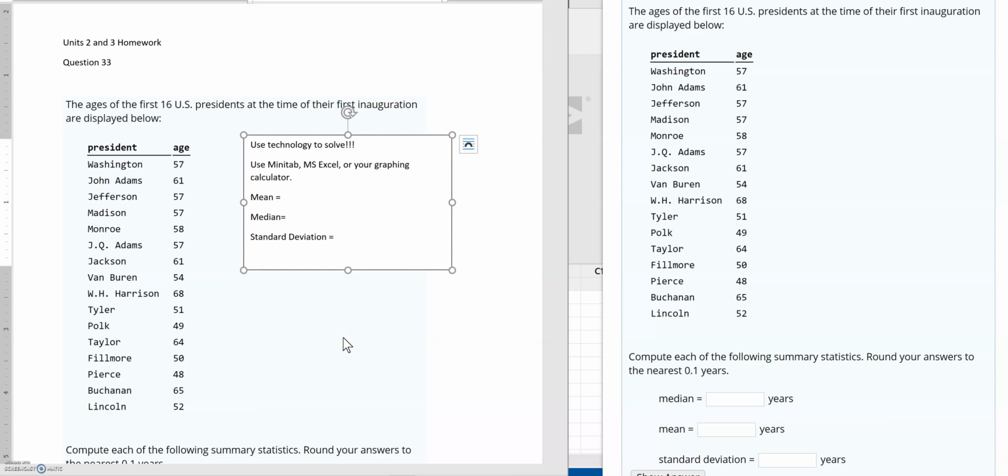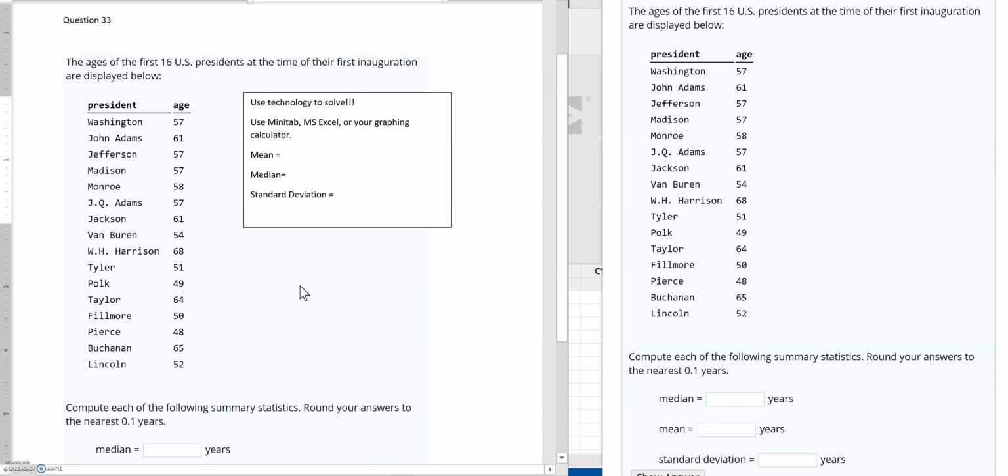Hi everyone. For this question, number 23, you're going to have a unique data set. You might have a different one than I do. There's counties and population and there's other ones, but essentially it's going to be the same idea for all of them. Alright, so in this question I have a list of data talking about the ages of the first 16